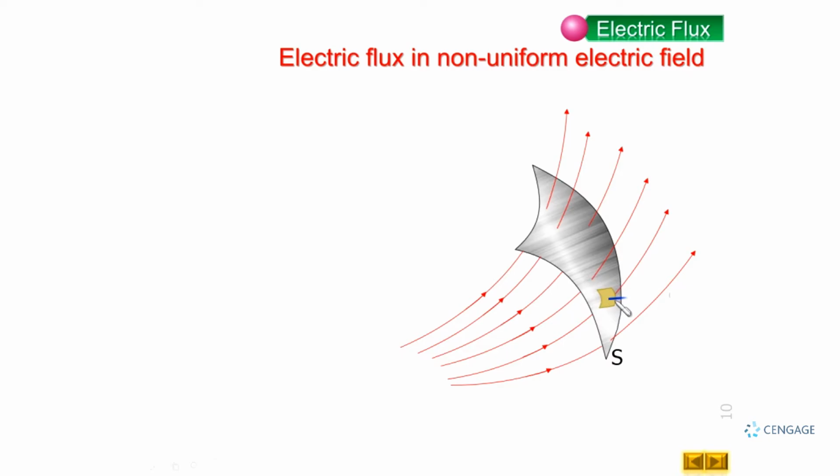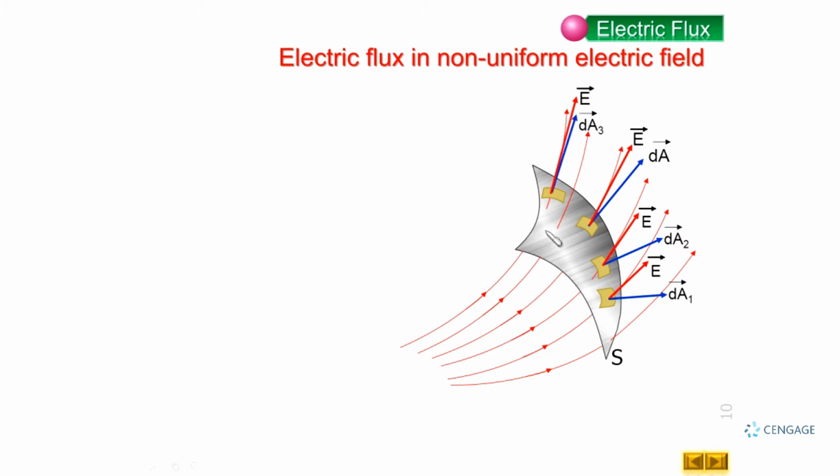We can observe here. Let us take this patch here and draw the area vector dA1, and if we draw the tangent here to this electric field line, this is the electric field line. Similarly, let us take another patch, draw the same vectors, another patch, draw the same vectors, and here also another patch, draw the same vectors. You can observe here the angle between the electric field vector and area vector at different points on the surface is not constant. So the formula is not applicable directly. So here we are left with the method of integration.